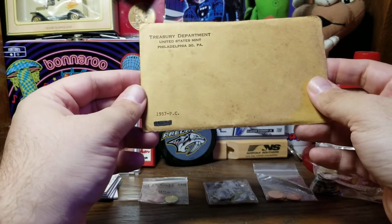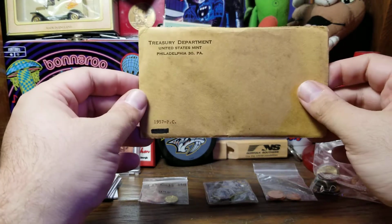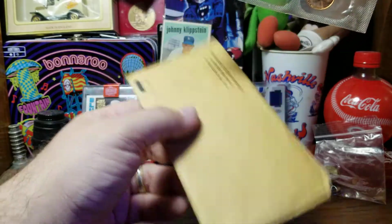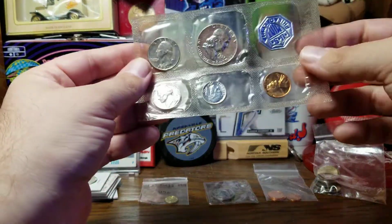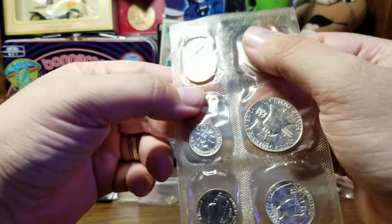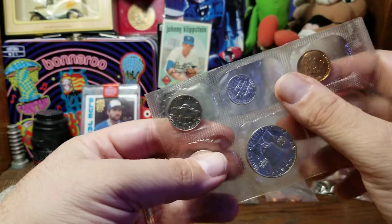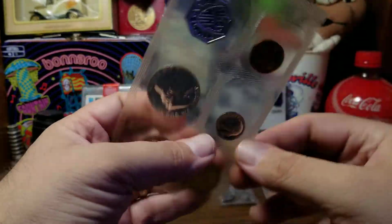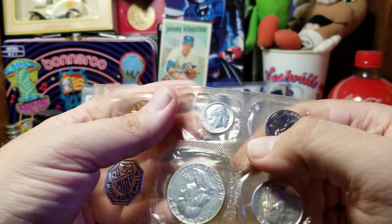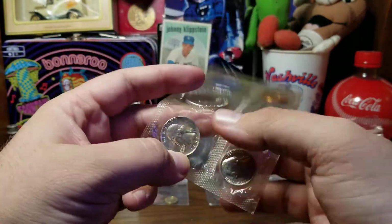It is almost surprising how affordable the proof coins are from the late 50s. I suppose the Ben Franklin half is not as popular as the Kennedy half, but we've got 3 90% silver coins that are going to be in here. We'll start with the 57 wheat penny, and of course these are all proofs, and we'll go over to the nickel, which is also not too interesting, but we'll get to the Roosevelt dime. I know that a lot of people don't really look too much at the Roosevelt dime, but hey, this one is proof. May have started to tone just a little bit on there,